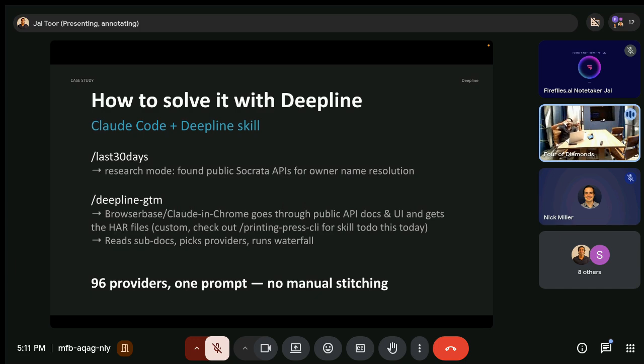You can combine the navigation agent with the network logs to get a mini API doc that lets you programmatically access that information at scale. You might have to occasionally deal with captchas and things, but for the most part, it can find either a public API or something more programmatically available and start to find ways to get this at scale. So the last piece is combining all of these into a workflow or finding more standard data providers to fill in gaps.